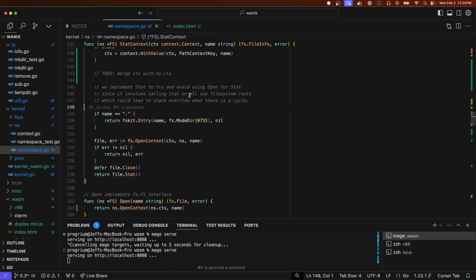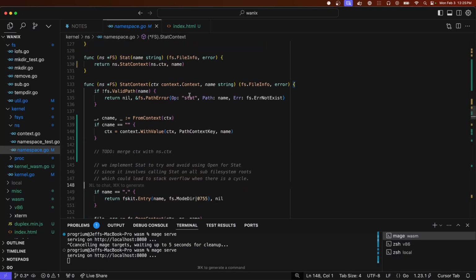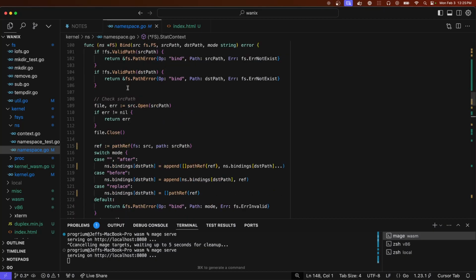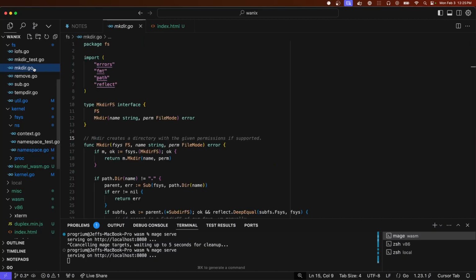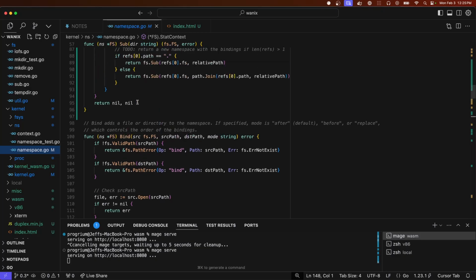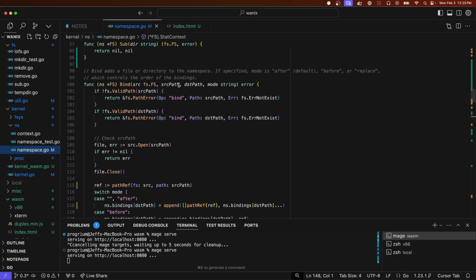So far, our namespace just implements open and stat, and then bind. But the way our file system stuff works is that, okay, if we want to call makedir, then it needs to implement makedir, or remove, or whatever. And this isn't the only one, because most of the things that we're binding in here